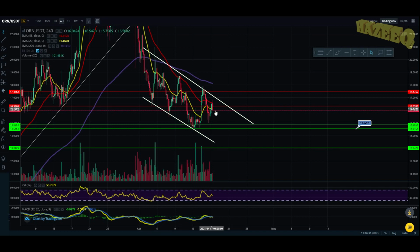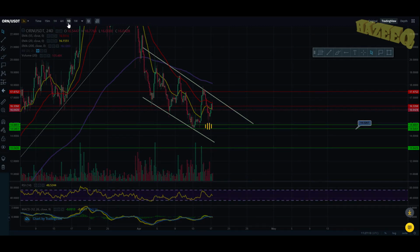We want the 4 hourly EMA to cross the 55 EMA for that bullish cross. That doesn't seem like it's going to happen straight away, but slowly but surely we're going to get there. And that bullish cross on the 1 hourly chart is going to help us on the 4 hourly chart. And once we get this bullish cross, if we jump into the daily,